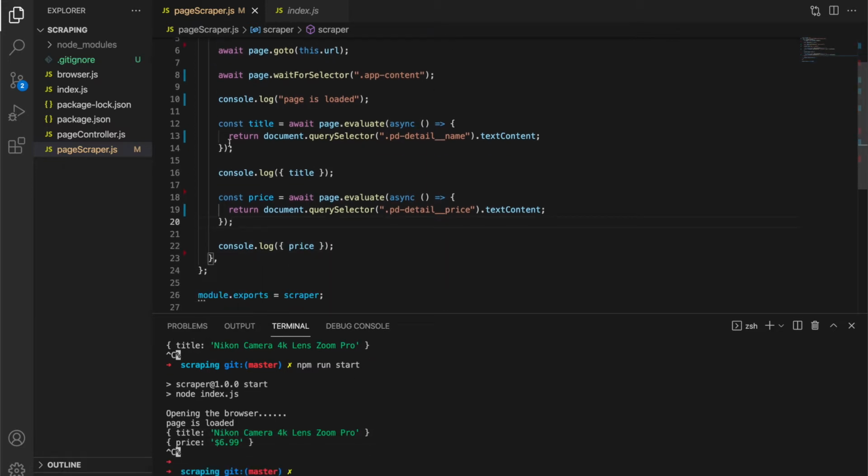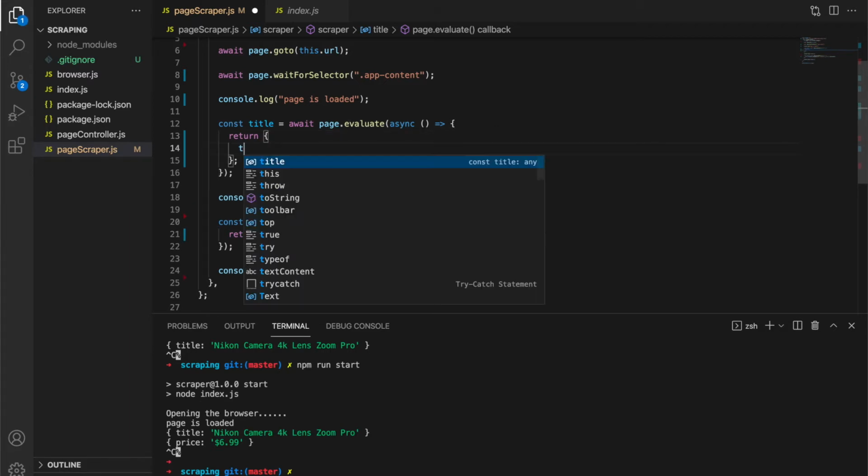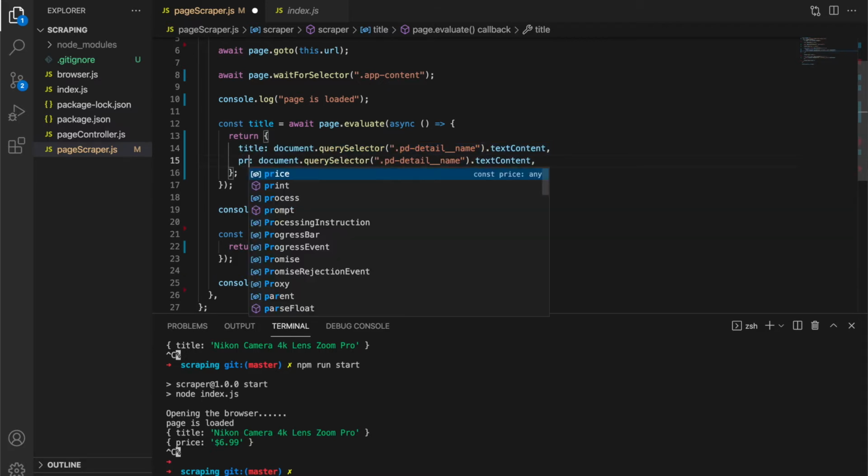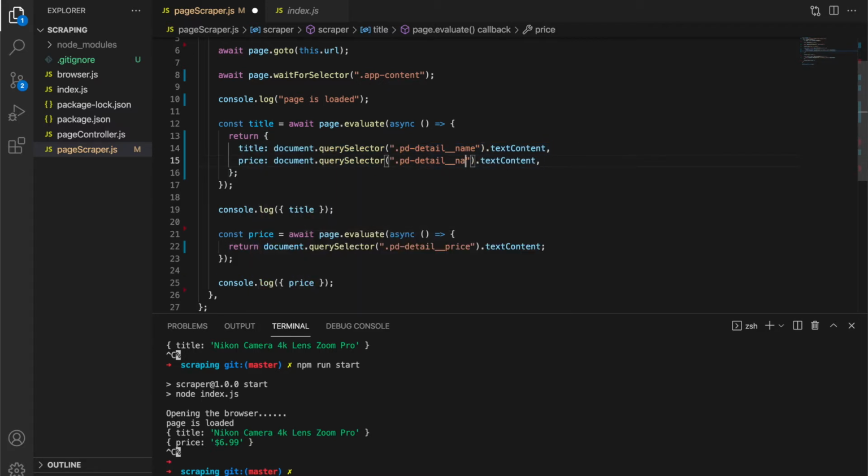Now you don't necessarily have to do this with each evaluation. You can do this at once. So for example, if we would say here that we want to return the object with title, and then we also want the price, just say price, and then we call all of this variable product, and then we can just console log product, delete this, and let's see.